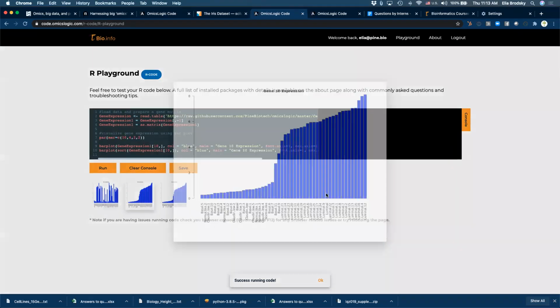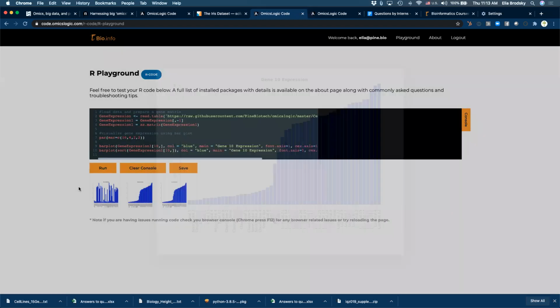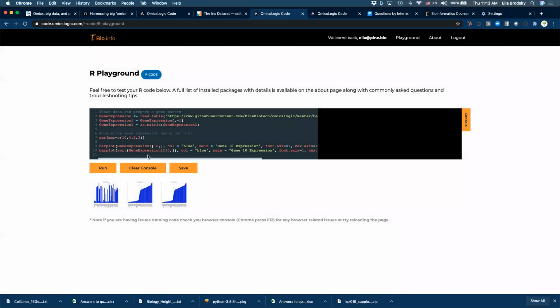Okay, so the objective of this exercise is to start asking questions. How can we find information from the data that we have? The way we can do it is by looking at specific rows. So let's look at a specific other row. Let's take gene 1 instead of gene 10. Obviously, if you take that, you have to change this. And let's do it sorted, since sorted is more interesting.